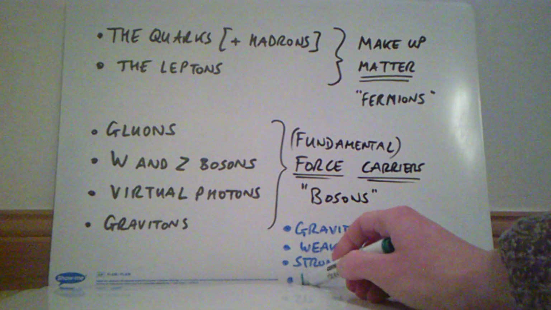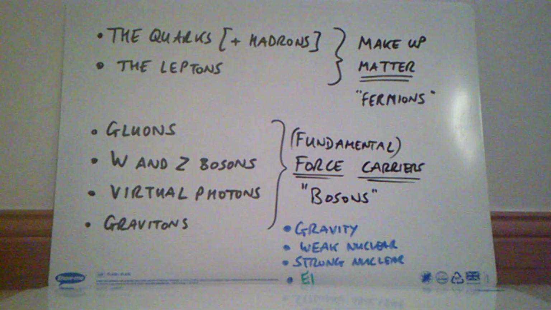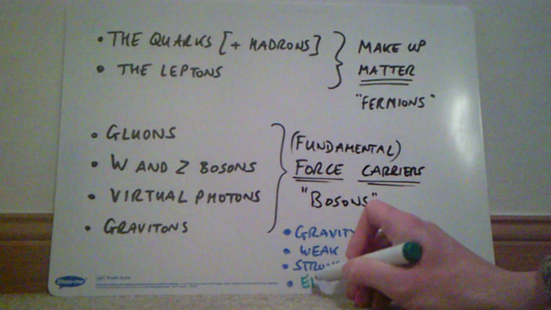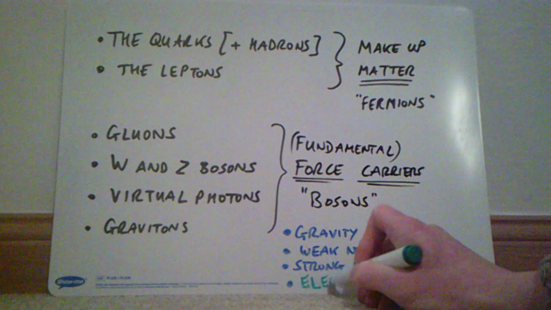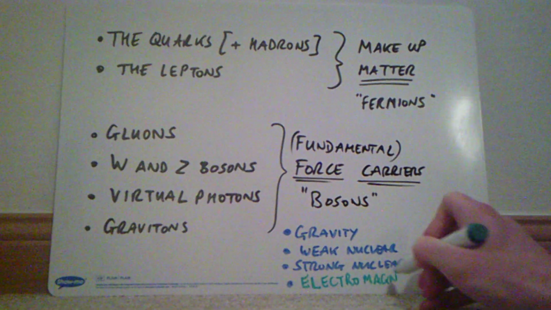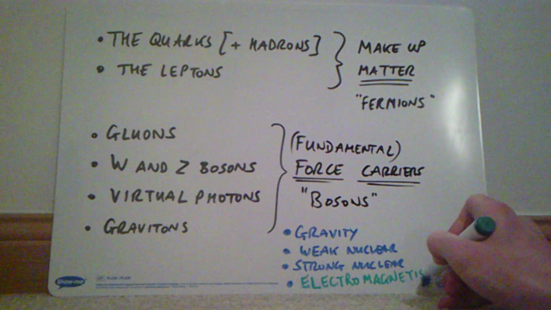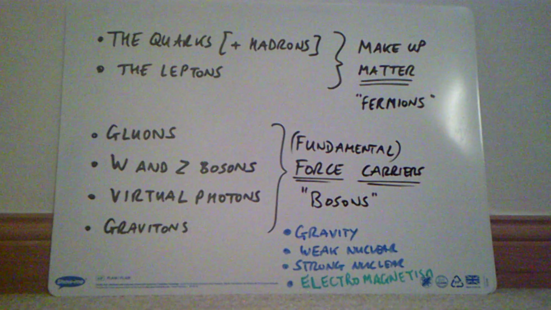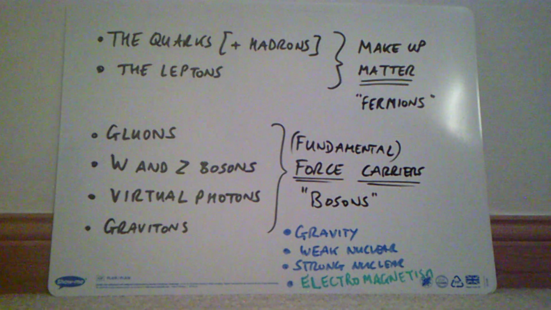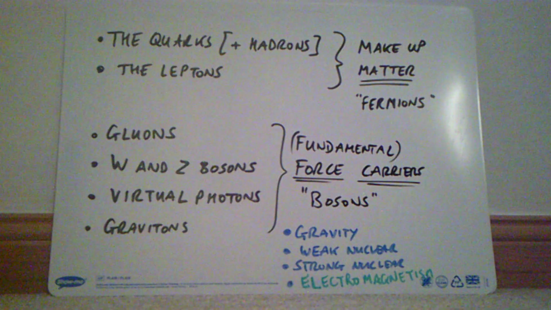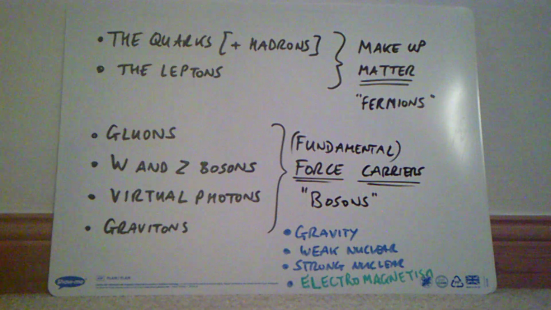Electromagnetism is the origin of electric forces and magnetic forces. Let's get rid of this. This is green, not blue. I do apologise. Electromagnetism. There we go. So what is gravity? You know what gravity is. It's a long-range attractive force between particles which have mass, and gravity is actually very, very weak. You've got to have masses which are like the size of planets in order to get big enough forces to actually do anything with. The weak nuclear force,